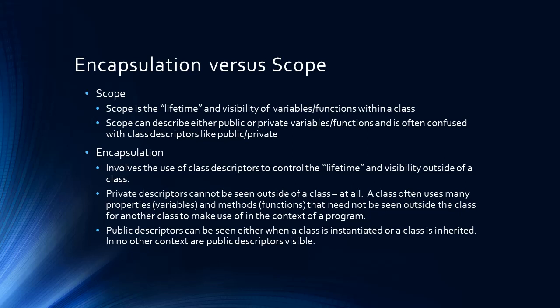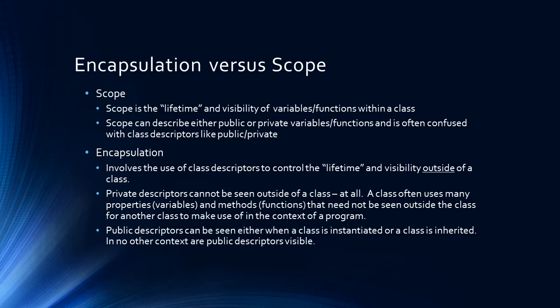So the idea of the class is that you are limiting the interactability with other classes. Whereas scope has to do with the inside things, the things that are simply meant to improve the small details that don't really have anything to do with the class. They have everything to do with the individual statements within the class. And when we're talking about lifetime and visibility, some of those are only